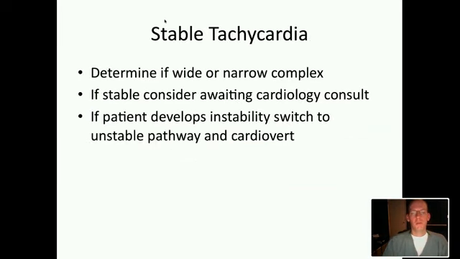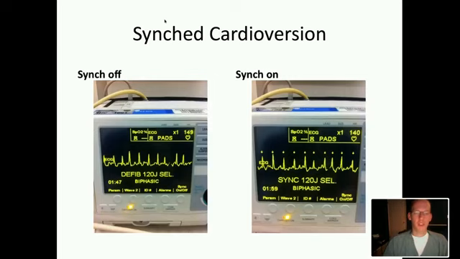So I should mention that going back, if you are unsuccessful, then you may need to increase the joules and repeat it. If the patient's still unstable, you need to keep pushing ahead with attempted cardioversion. If they're in atrial fibrillation, they may not be able to be cardioverted out of it, so then you may need expert consultation to try and give additional medications to try and chemically convert them. But usually an unstable patient is able to be converted with 1 or 2